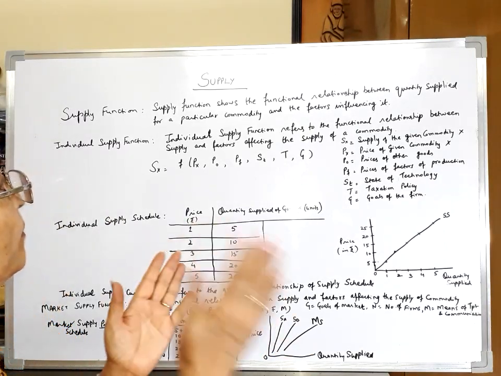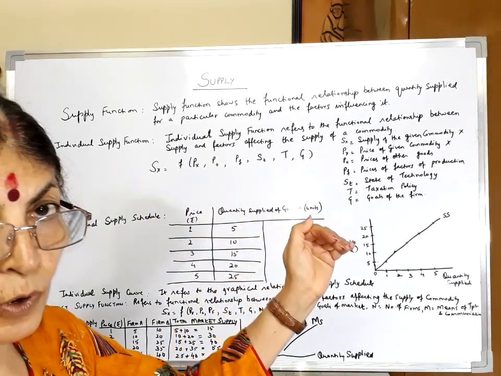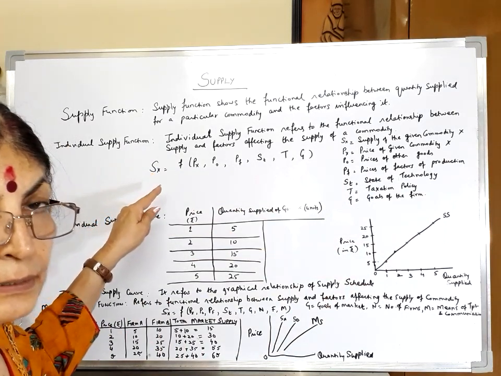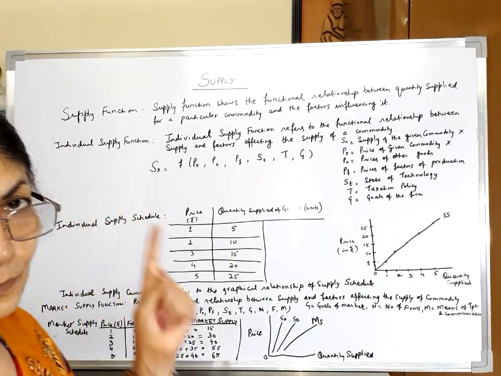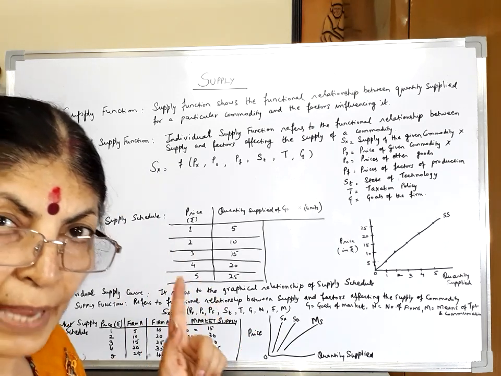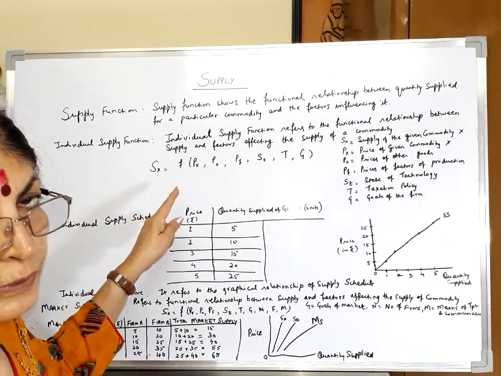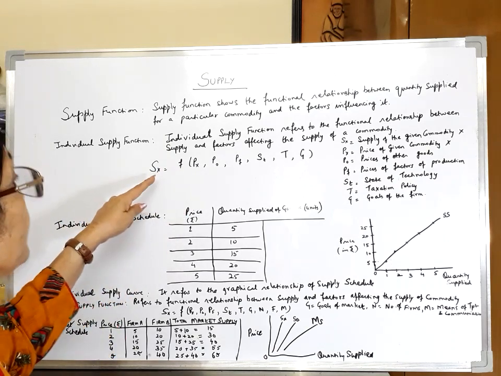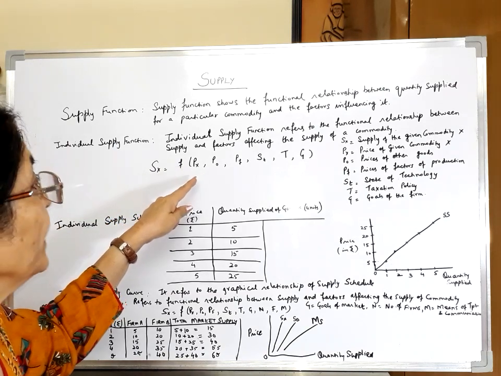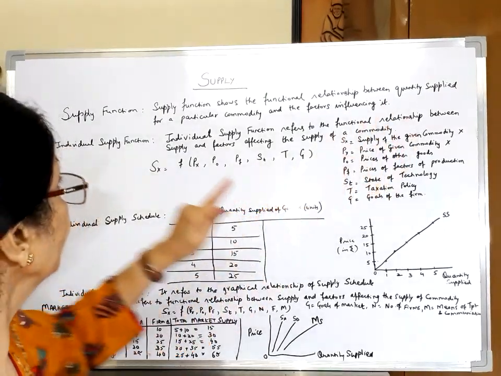What does it mean? It means on what factors supply is dependent, is a function of, and supply is indicated by the symbol capital S. And since we are talking about an individual firm, that firm has been labeled as firm X. Hence, a subscript X has been placed next to capital S. So, supply is a function of capital PX. PX stands for price of a given commodity.